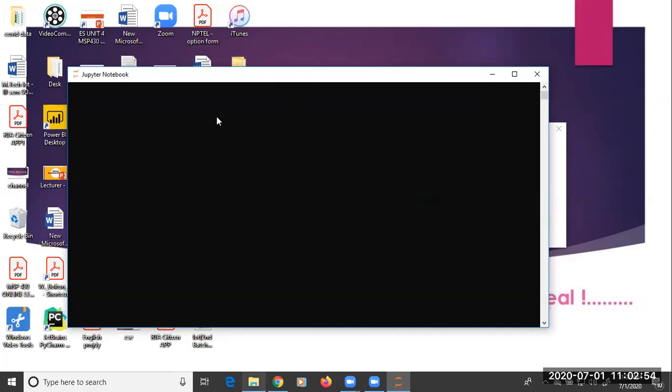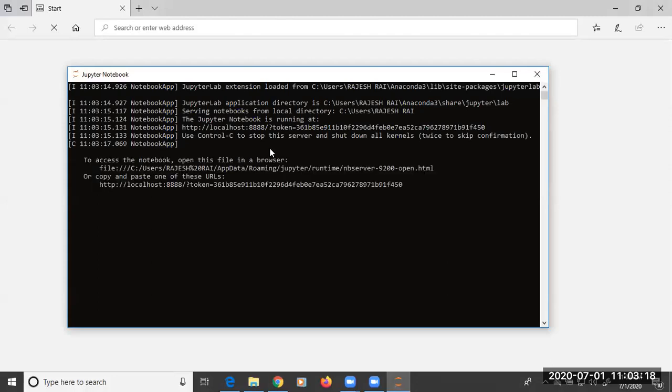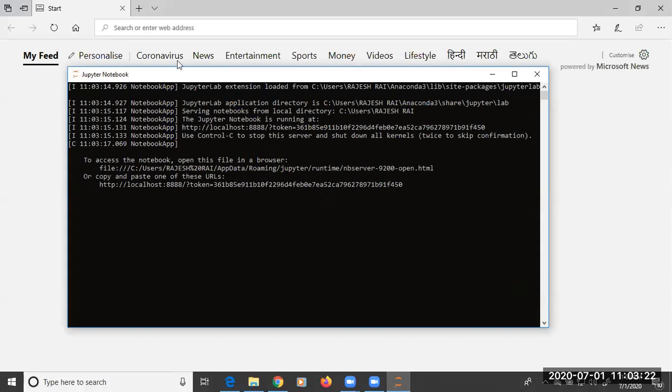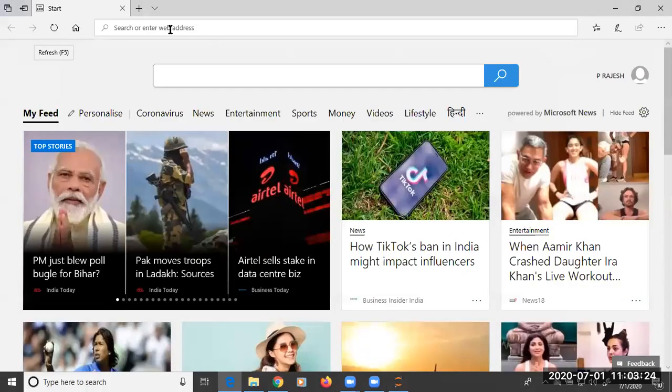To run this Jupyter Notebook, basically it will be operating based on a server itself, with an individual host ID. So this Jupyter Notebook will be able to run in one of the web browsers. You can see now Jupyter is going to open.